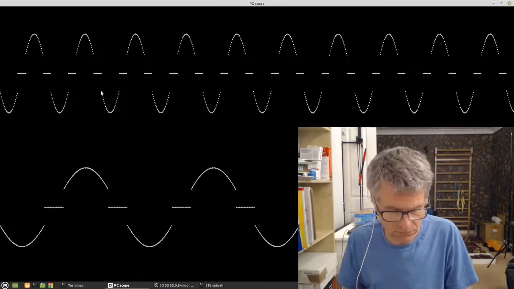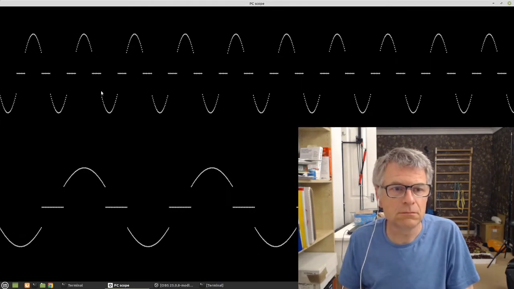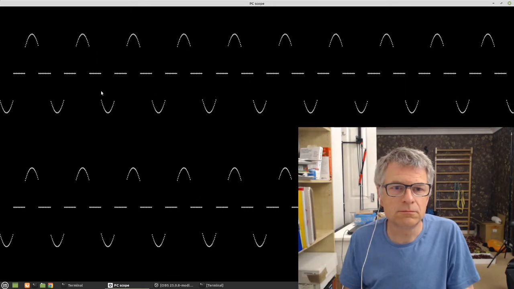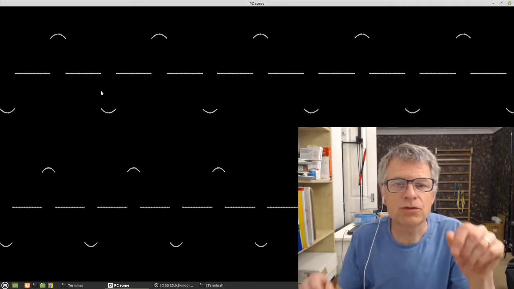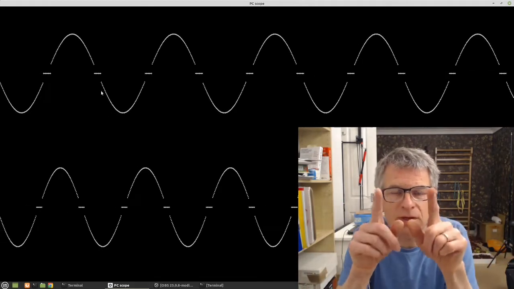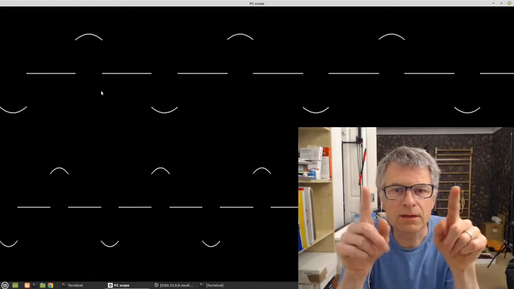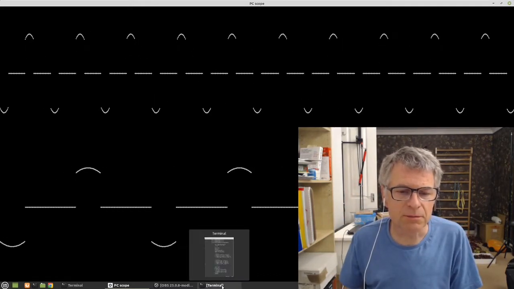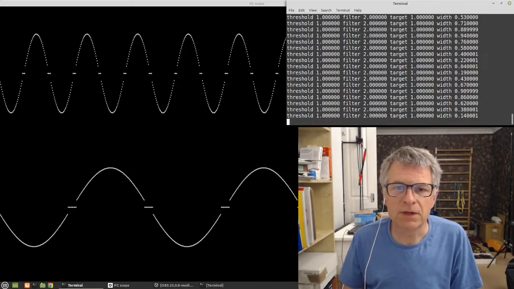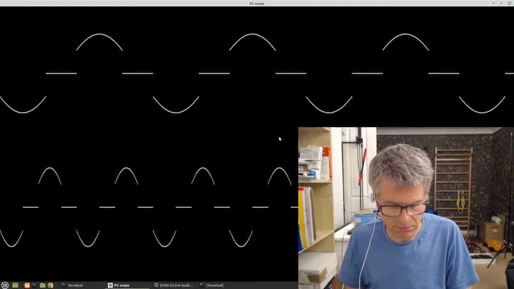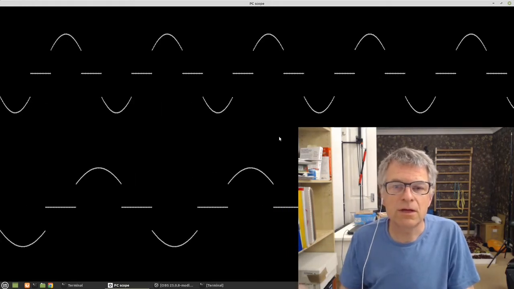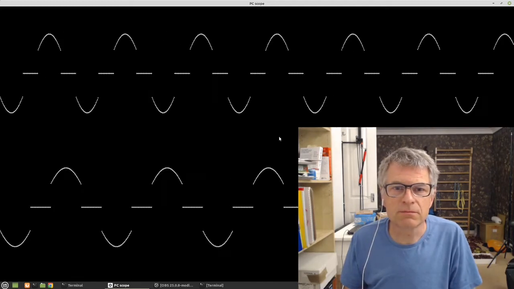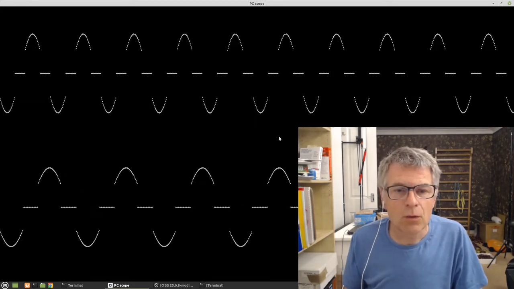Let me run. Okay, so what you saw there, or you can see here, is the sine wave getting kind of thresholded and cut off. So let's stop that at a particular point when we like the sound of it. So there we go. Now I've chosen a particular point where we've actually thresholded that off. What I'm going to do now